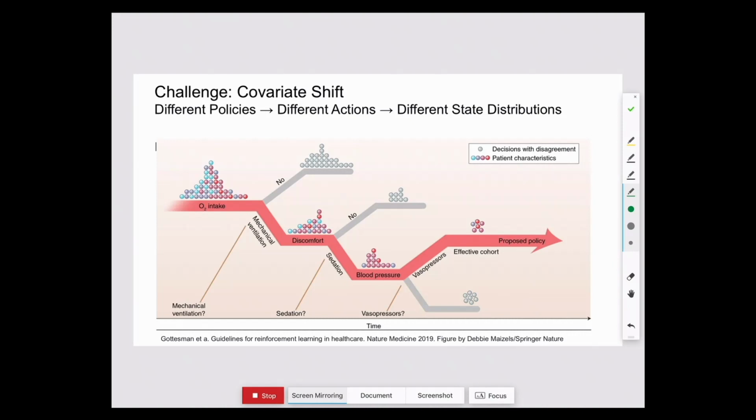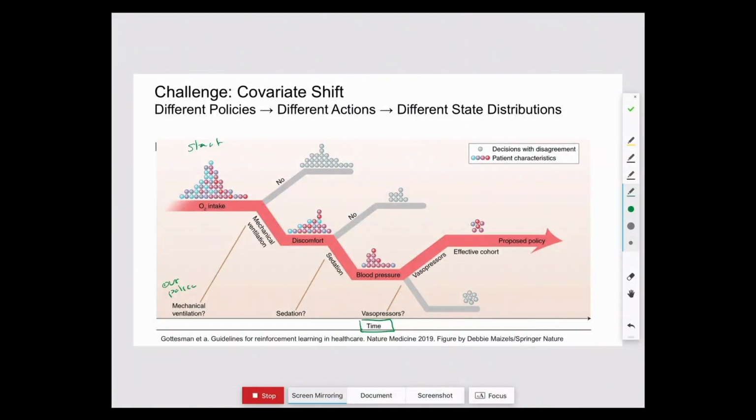So let's imagine that we start off with some cohort. We have a whole set of patients that we're interested in figuring out if we can derive a better treatment plan for these people. So this is the start. This is time here. Time is on the x-axis. And we say, well, in our policy, what we would do first is mechanical ventilation. So this is what our policy says. That means that we have to ignore all the people that didn't get mechanical ventilation at that time point, and so that's represented up here. So these just drop off from the point of view of our algorithm of people that we can use to evaluate how good our desired policy is.